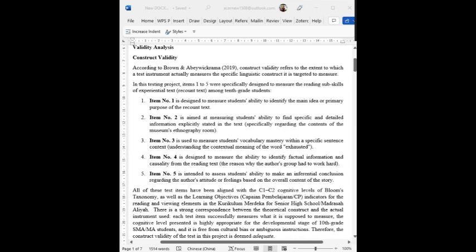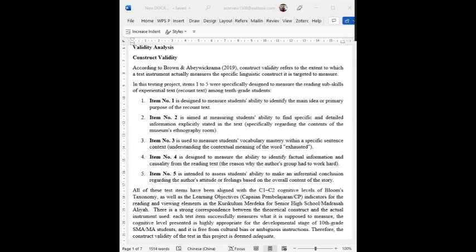Here we have the first item, which is to identify the main idea or primary purpose. So the question is to identify the main idea. Next, the second item is finding explicit and detailed factual information.